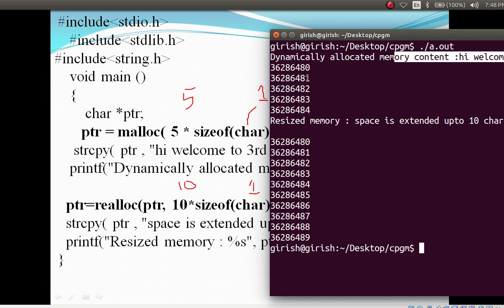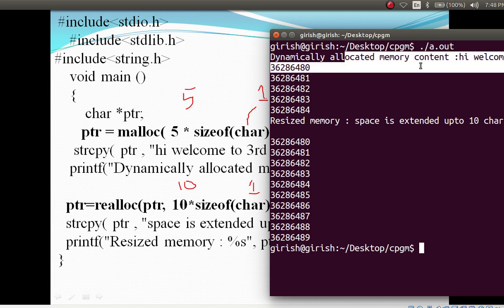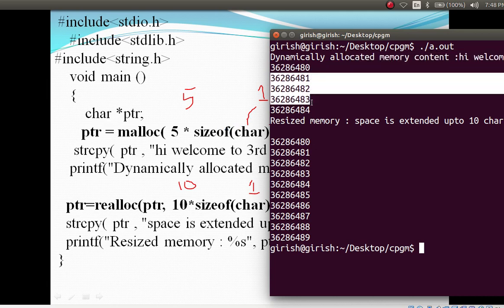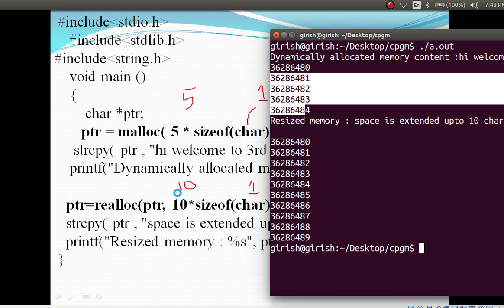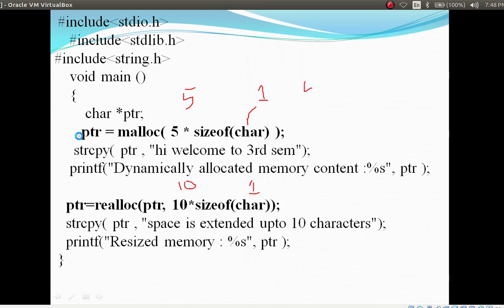Okay. Now this is for the malloc function. Now we are using this same memory, and we have to extend it. How? With the help of the realloc function. In realloc, this pointer holds 5 bytes of memory.